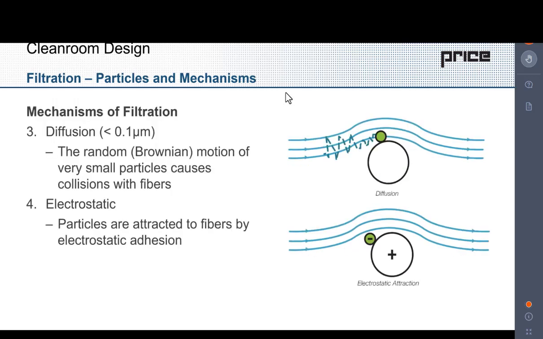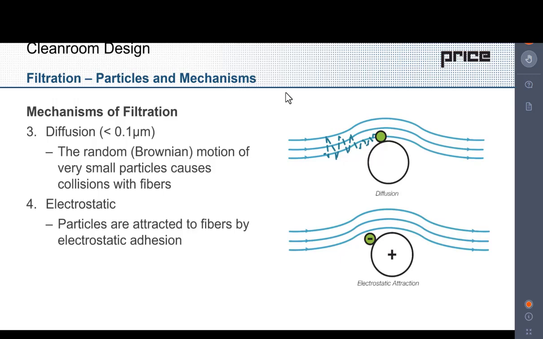The next two, and we'll start off with diffusion. This is really small particles, typically 0.1 microns and under. This happens during the random motion of the very small particles that cause a collision with the fibers. This is Brownian motion, which is the gas fibers. Basically, the really, really small particles are floating through the air, but they're not following the airstream. They're moving in a crazy pattern that goes back and forth and eventually causes a collision with one of the